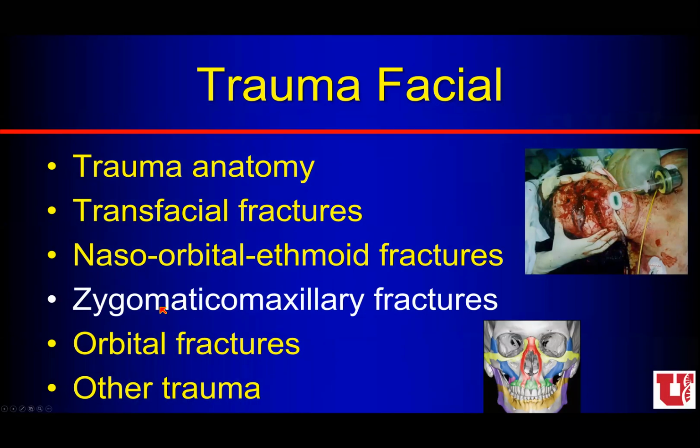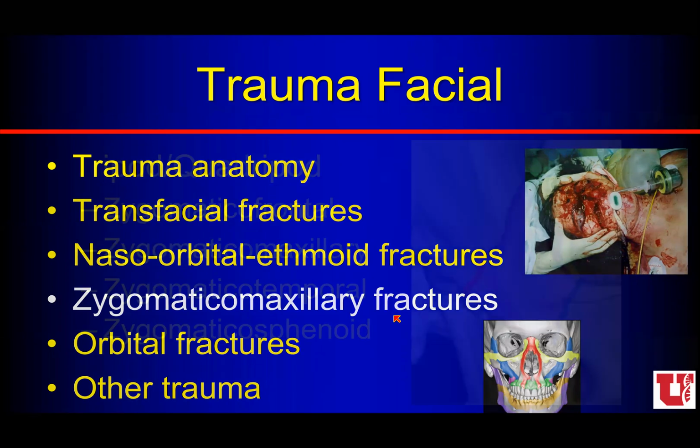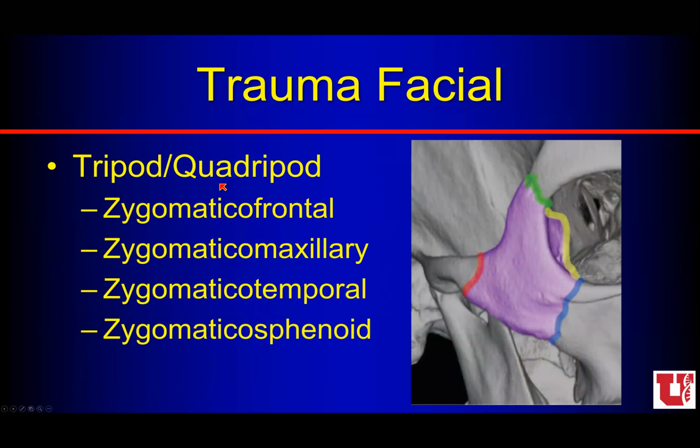So next is the zygomaticomaxillary fractures. We sometimes talk about these as the tripod or quadripod fractures. So we think about where that zygomatic arch is and the bone going up towards the frontal bone or towards the maxillary bone. So zygomaticofrontal, zygomaticomaxillary, zygomaticotemporal, and zygomaticosphenoid may all be involved in these tripod